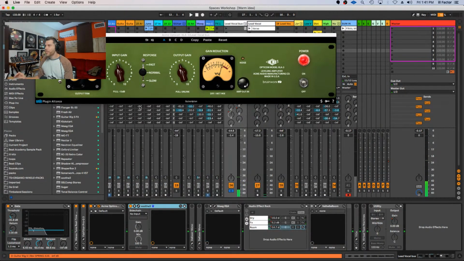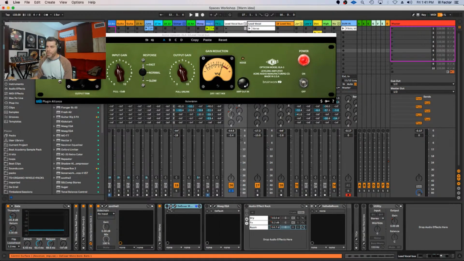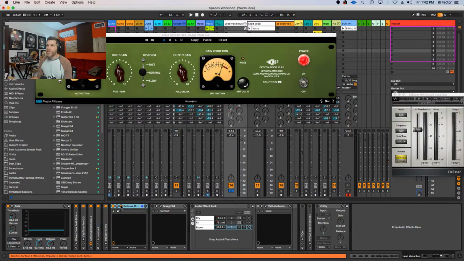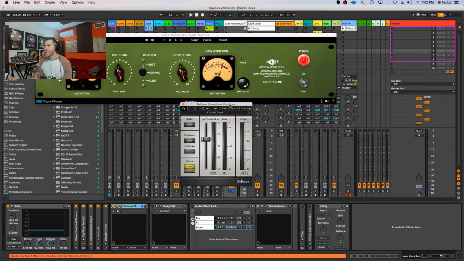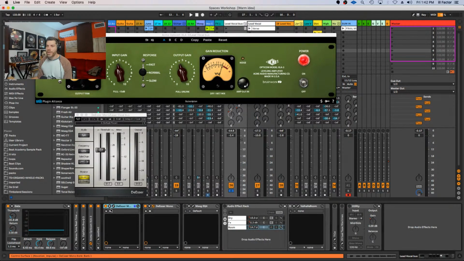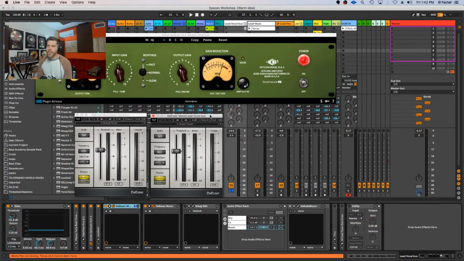I know there's a little weird glitchy stuff happening here, but this is also another cool de-essing, and I'm using two de-essers here. One to focus in on a specific frequency set to the high pass, and the other de-esser is set, I think, yeah, to a band pass. So they're working side by side with one another.